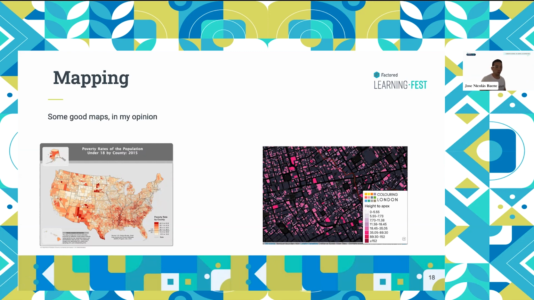This one is an interactive map, which shows the height around London. I think it's very good because it's very simple in the color shading, but also when you're doing interactive mapping, that unlocks another whole part of mapping. So that's another thing that you have to bear in mind: is my map going to be static? Is it going to be interactive? Because that will shape how I can deal with it.